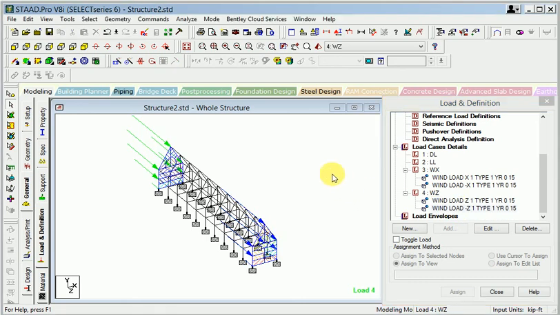Friends, today I will talk about how to run analysis in wind load. So I will show you how to run analysis in wind load. I have calculated this, then after go to run analysis.